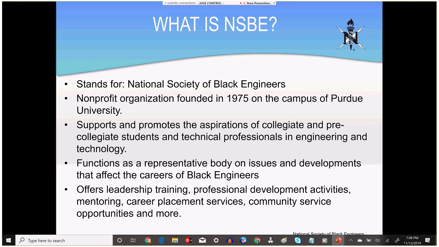But we also function as a representative body on issues that affect the careers of Black engineers. So we are also an advocacy group: if there is some law or some other thing that may affect Black engineers, then the National Society of Black Engineers will speak up on that.